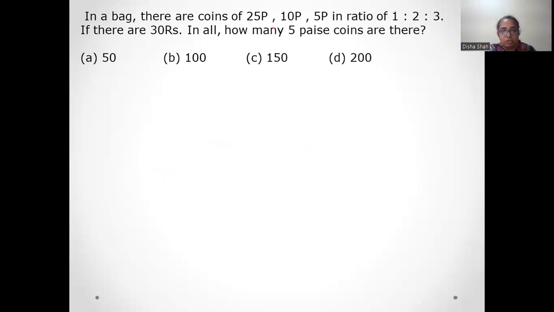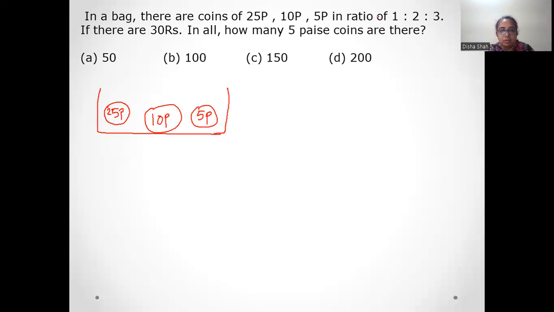In a bag there are coins of 25 paisa, 10 paisa and 5 paisa. एक बैग है, उसमें कुछ कॉइन्स हैं। एक है 25 पैसे का कॉइन, 10 पैसे का कॉइन, और कुछ हैं 5 पैसे के। What is the ratio of the quantity of the coins? It is given as 1:2:3. ये रेशियो है, इस क्वांटिटी में ये पैसे रखे गए। In total there are 30 rupees in the bag. आपको बताना है उसमें से कि 5 पैसे वाले कॉइन्स कितने हैं।